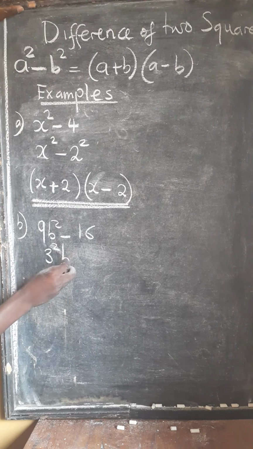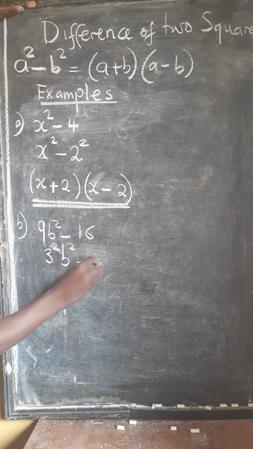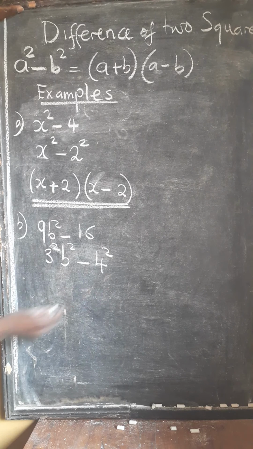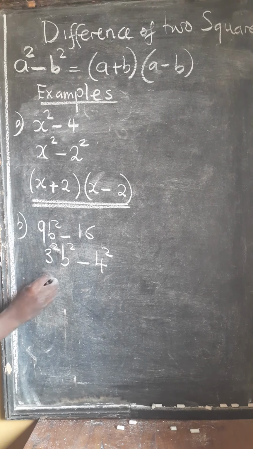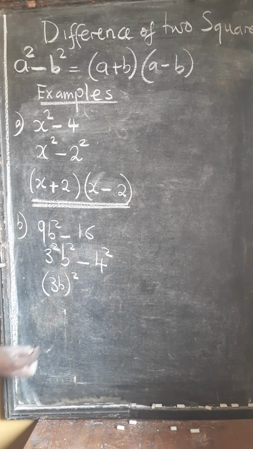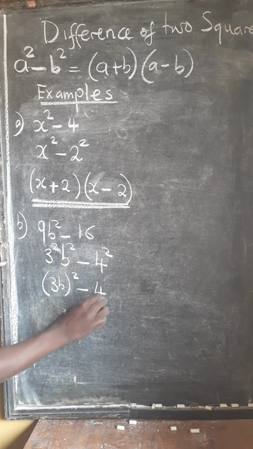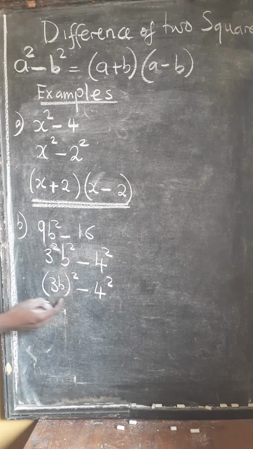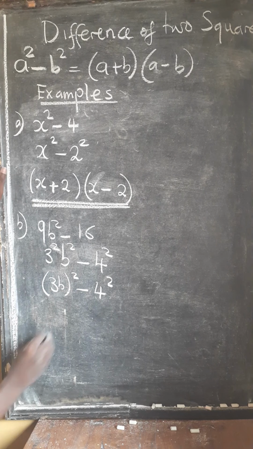Then we have b squared minus, this one becomes 4 squared. At this point, this is just the same as 3b squared there minus 4 squared. So we have a difference of 2 squares here. We have a difference of 2 squares, and we can write our final answer as we have